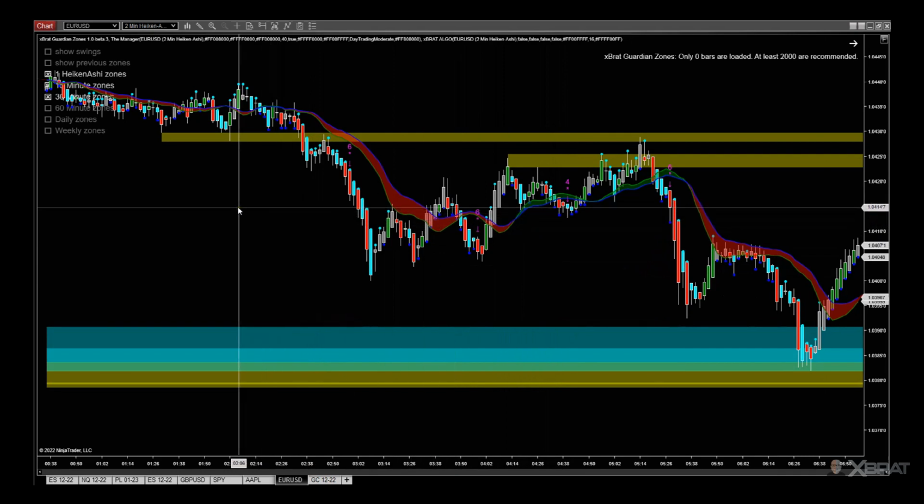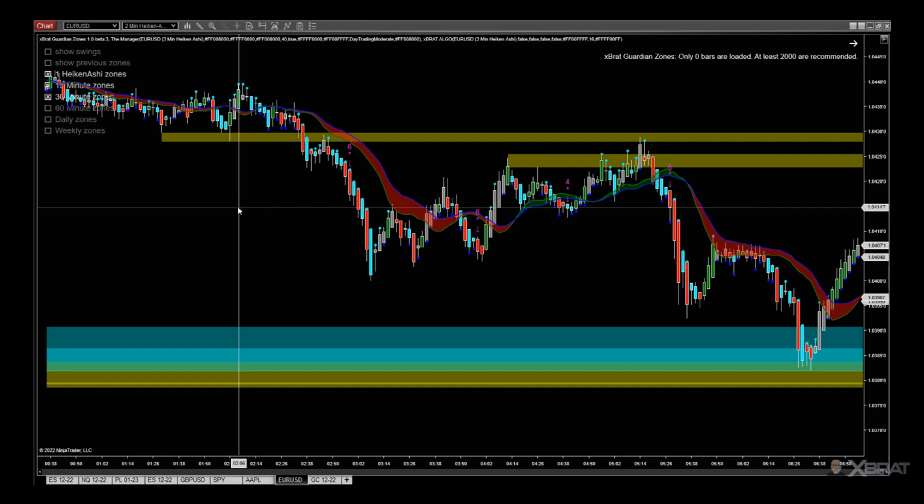I'm using the cradle to grave expert algo bundle, but what I'm doing is introducing our new Guardian zones. They're not going to be available until next year, 2023, but I'm going to use them just to help people understand when to get into a trade and when not to, because signals from any signal generator, expert algo, Elliott wave, or whatever it is, you still need to understand those support and resistance zones on multiple time frames. So this is the TradingView platform, and one of the first platforms we'll be getting the Guardian